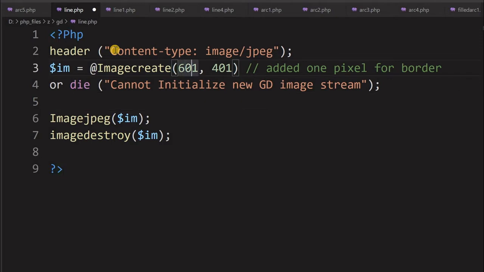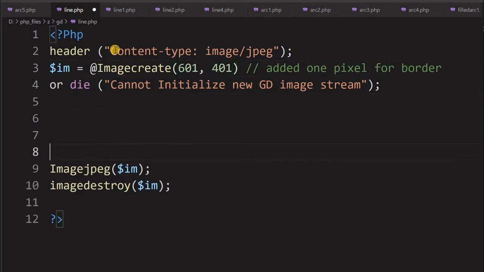We have taken the width and then height here. Why is it 601, 401? The coordinate starts from 0. While drawing a line we may not face difficulty, but when you draw a border around the image, we need one more pixel because it starts from 0, 0, so there will be an issue. We may not get the right and the bottom border, so we are using 601 and 401. Inside this we will add all our drawings. This common template will be used for all our codes.